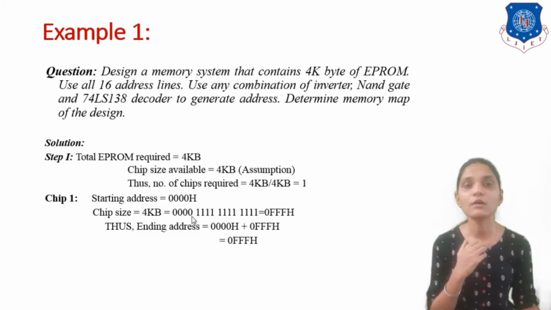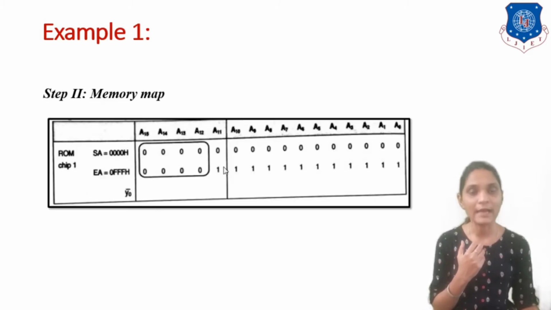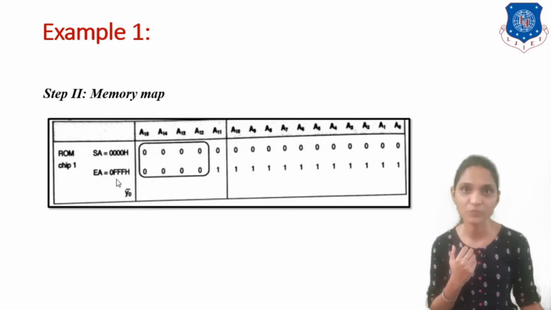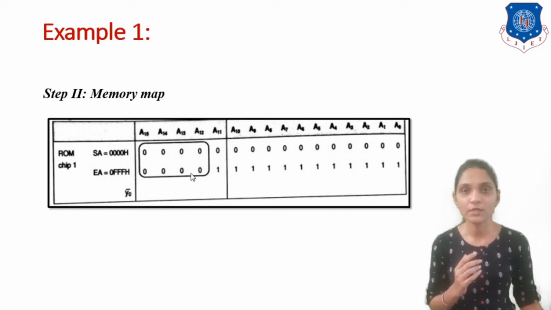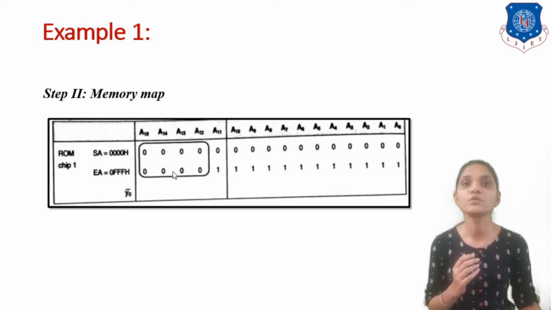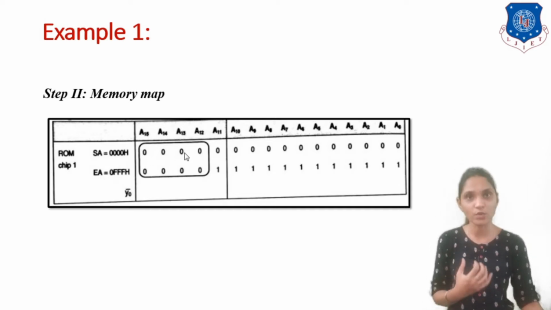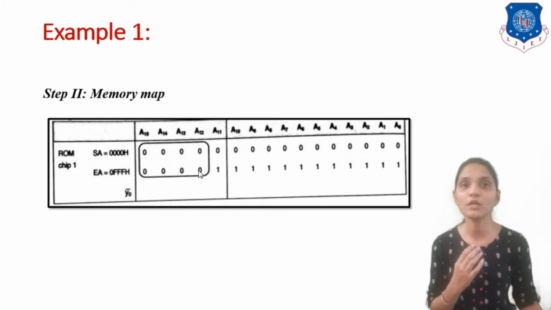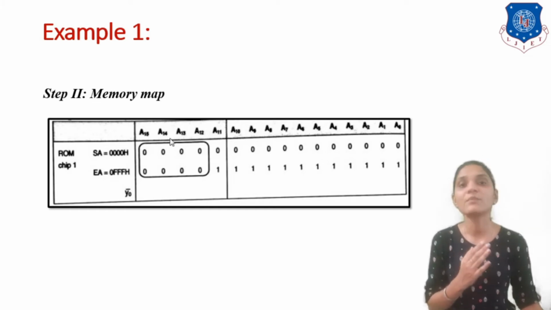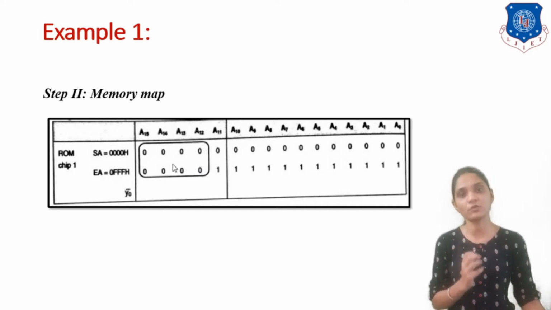So if I want to provide the memory map, then the starting address will be 0000 and at the ending address all 12 lines are 1 and the remaining 4 lines are 0. Okay, and if I want to use the decoder for this particular address range, then I have to use the 4x16 decoder because I am left with 4 lines to decode for this particular chip. Okay, we will use the 3 to 8 decoder for generating the control signals, but we have to use a 4 to 16 decoder for decoding that fixed part of this address range.